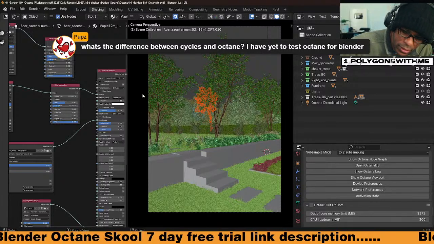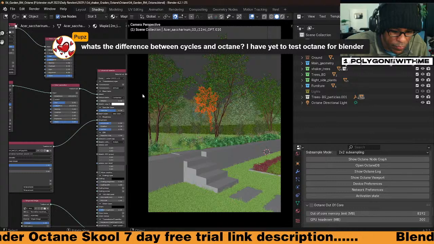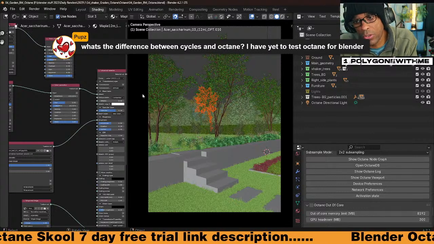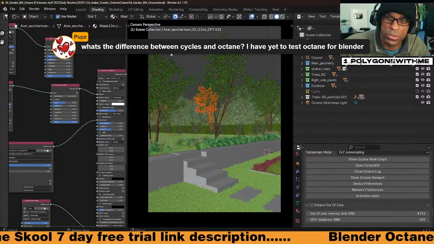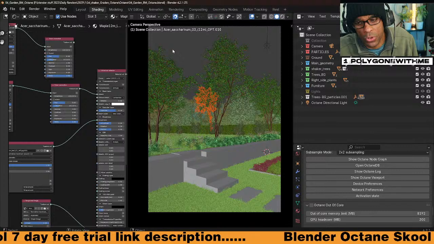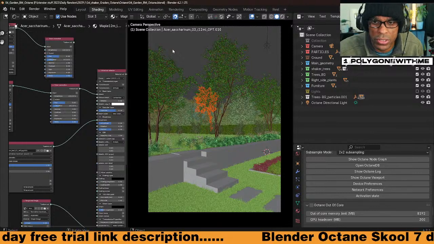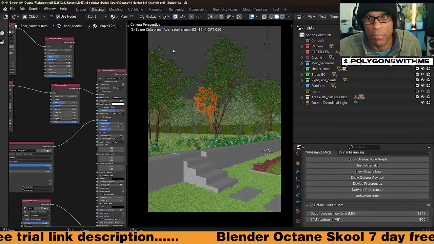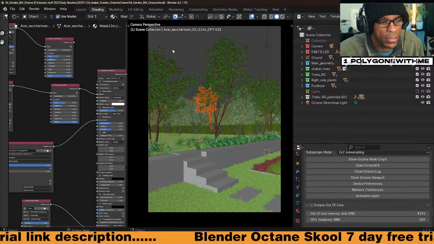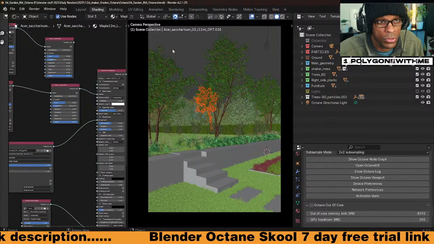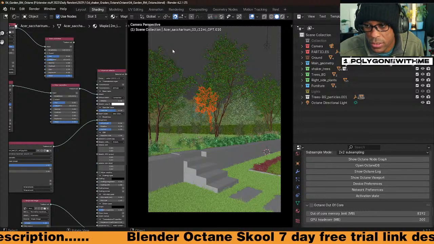I would say Octane is just a little bit more advanced. It's got way more settings. If you really want to go hardcore and get close to realistic, the way Octane works is heavily off a lot of real world scale. The way it bounces lights, the algorithm it uses for the rendering is a little bit closer towards real lights and the way the lights work.